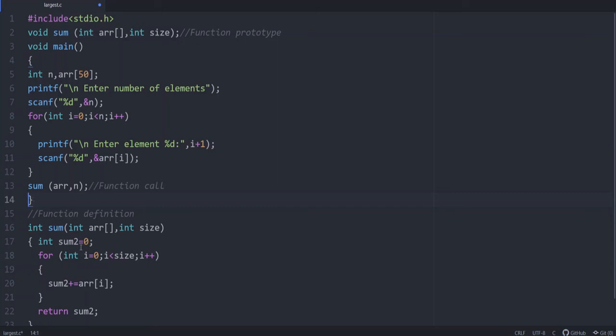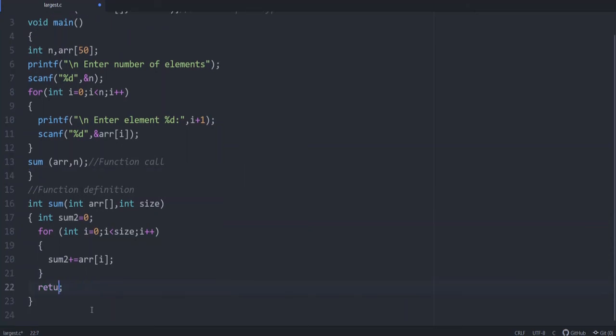So when you write the function definition, you should give the provision to print the value. Here instead of return, you cannot return any value because it is void. Instead, you have to give a provision to print the value. Sum equals %d, and after that you should put the print here. You can give it like this, and there is no return. So here also you should modify it accordingly. So here we have modified it like this.